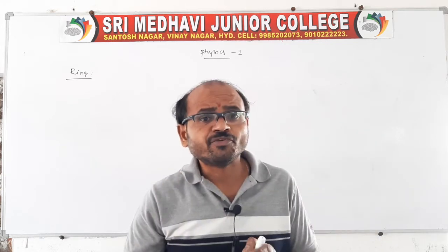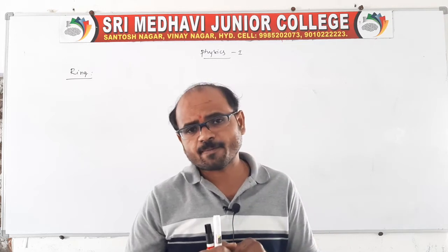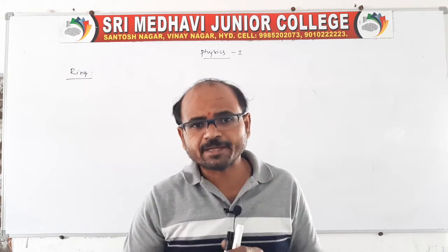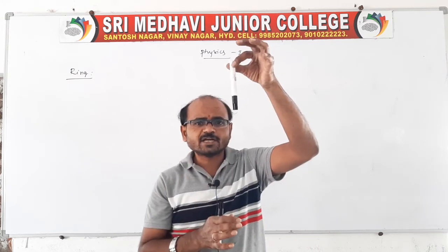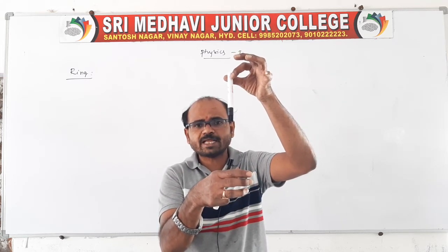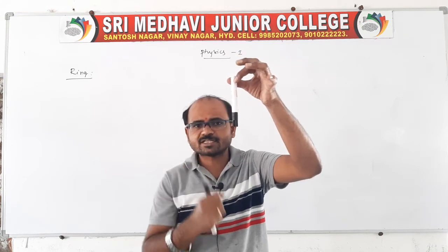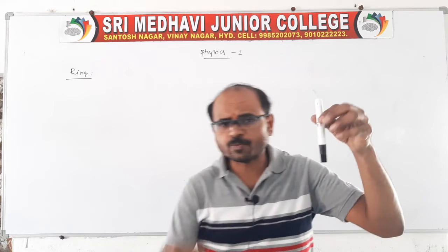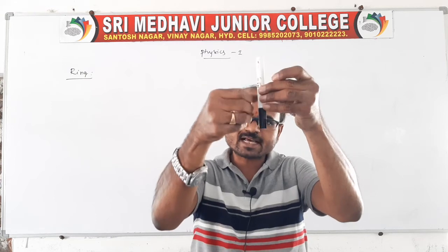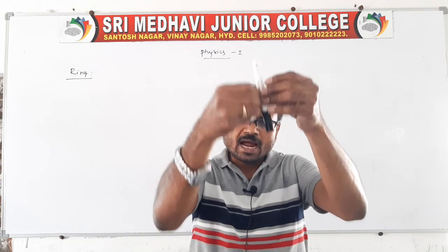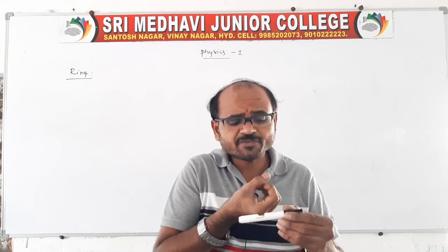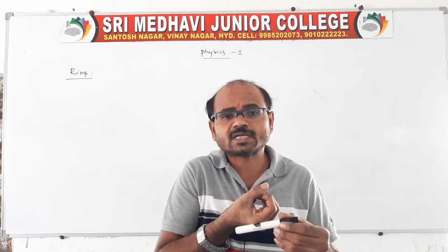In the case of a ring, we have four moments of inertia. One, passing through the center, perpendicular to its plane. That means you take a ring, and the moment of inertia is about an axis passing through the center perpendicular to its plane. Second, suppose the ring is like this and the axis is passing through one end, so about this axis we have to find the moment of inertia. Third, the moment of inertia about any diameter. And fourth, the moment of inertia parallel to the diameter, or we can also call it tangent.